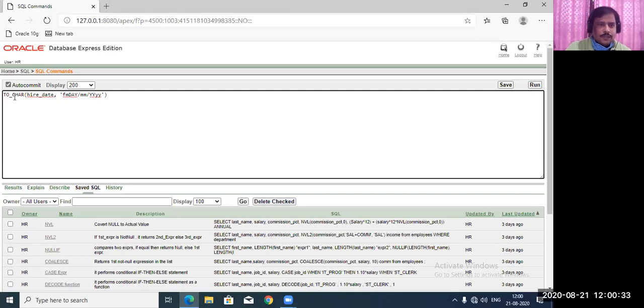Now what will this particular function take? It takes a date. I have taken a date; you can take SYSDATE, or I can take any date. Suppose I take SYSDATE here.